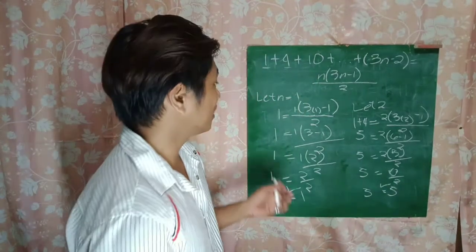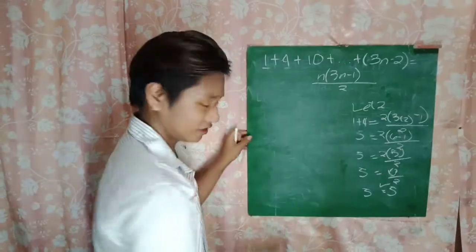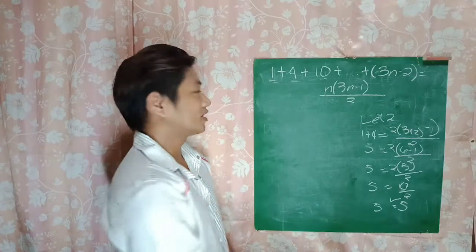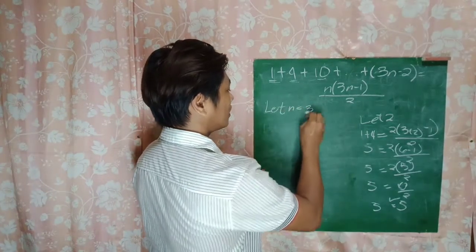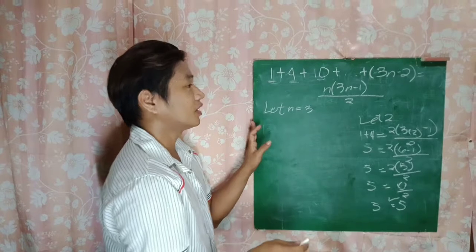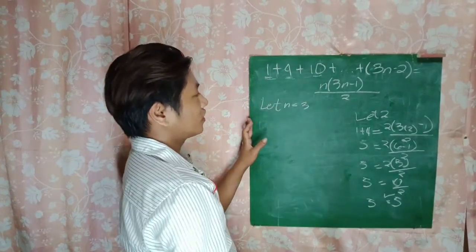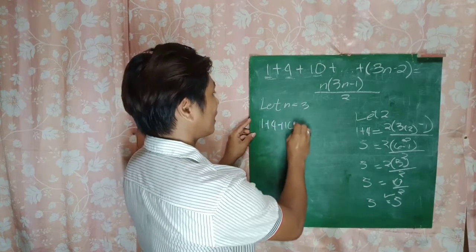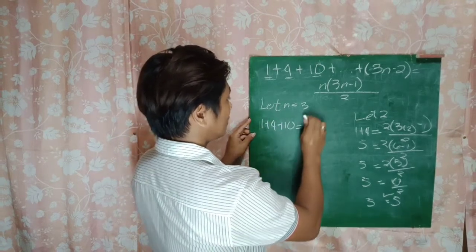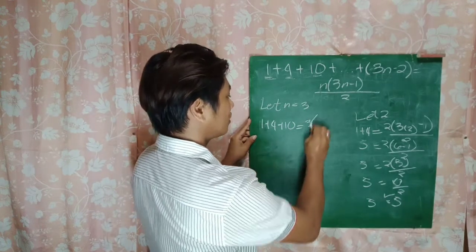So we need to let n equal to 3. By letting n equal to 3, we need to copy the first, the second, and the third value of the given equation. So we have 1 plus 4 plus 10 equals, by letting n into 3, so we need to substitute the value of n into 3,